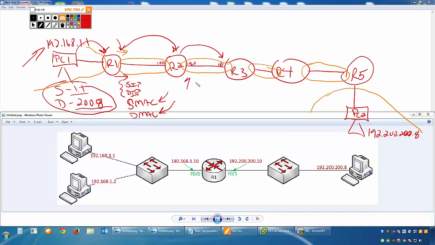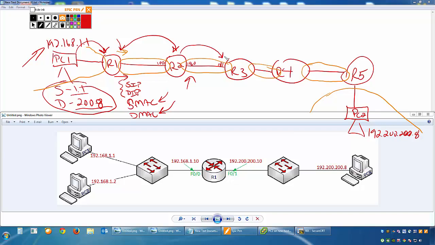Now, this is a point-to-point link, which we'll discuss later on. If that's point-to-point, then that makes sense that it doesn't really matter. Whatever we send out here is going to get it anyway. But we still have to have the layer 2 information, because how does the PC know it's actually for him